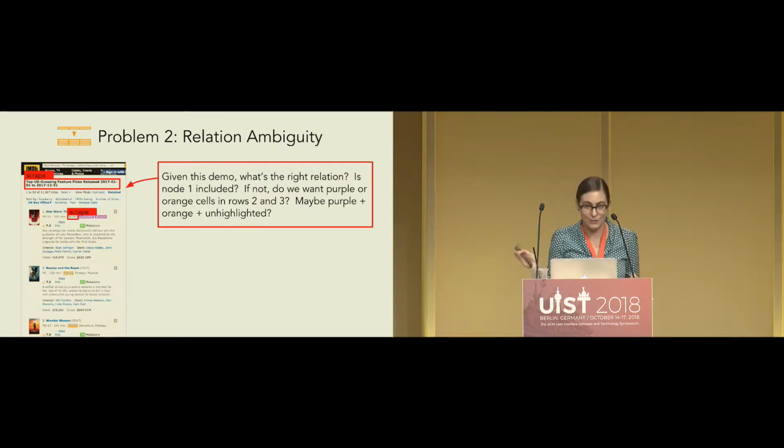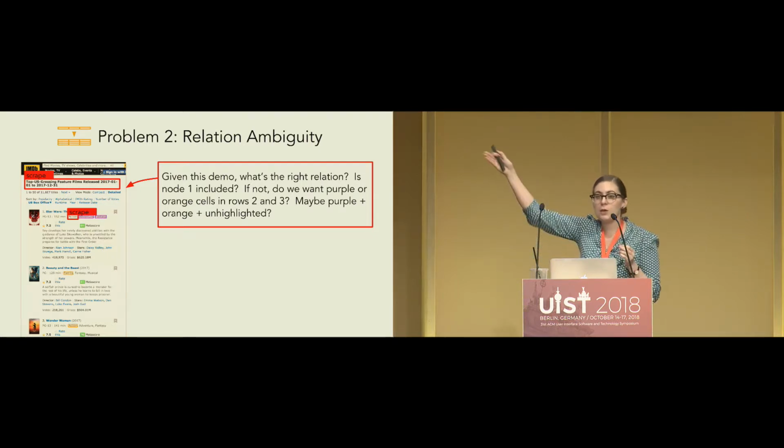Where did we get those? And so that's the next problem, relation ambiguity. How do we figure out what relations are actually relevant here? The user has not given us a lot of information, right? They clicked on this node, they scraped this node, and then this one they were typing into. We have this sort of set of interacted nodes, but we don't have information about the particular relation that they